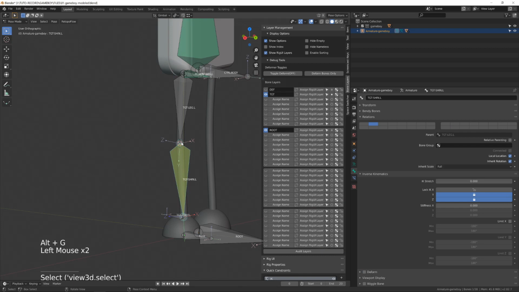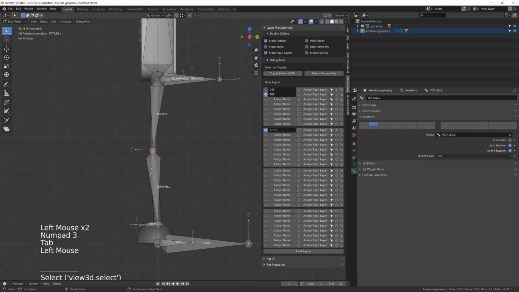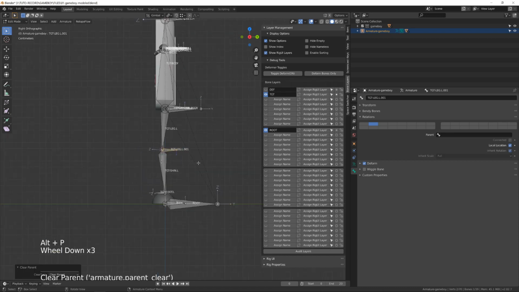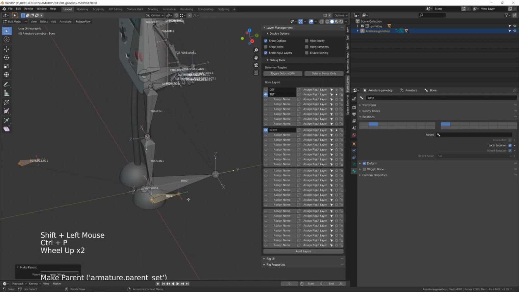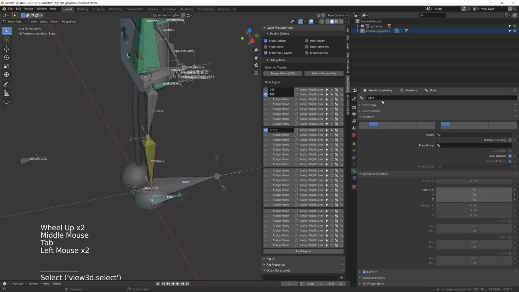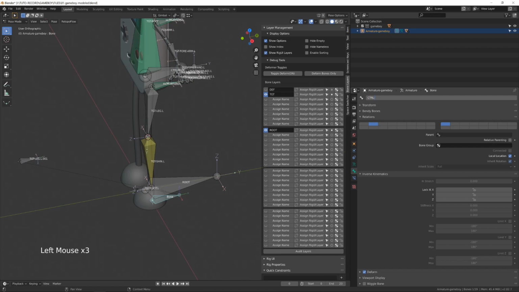To create the knee target, I will get back in edit mode, select the knee joint and extrude the bone backward. Then I will clear the parenting of this bone by pressing Alt P. Then we'll have to move this bone forward on the Y axis and we can parent it to the foot controller. This newly created bone will be the control pole target of the leg. By the way, whenever you are working on a side of the rig, don't forget to add the .L suffix to your bone so that they will symmetrize properly later on.